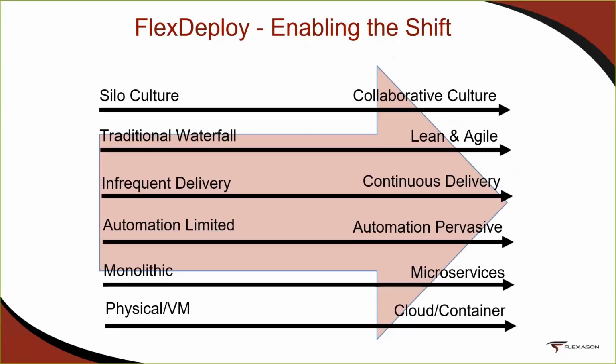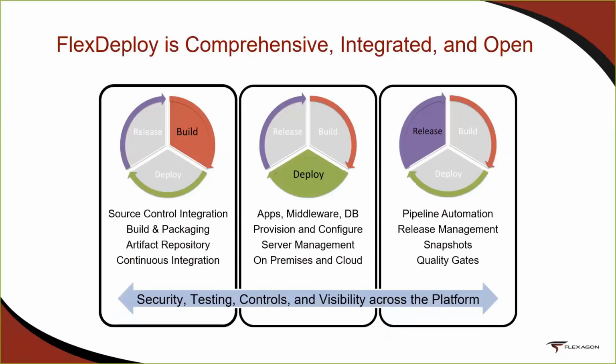How can we decompose our applications into microservices? How can we deliver more consistently, more rapidly, more continuously, right? And how do we adopt things like containerization or serverless with functions to be able to do those things more effectively? So when we step back and we look at Flex Deploy and we talk about how we solve some